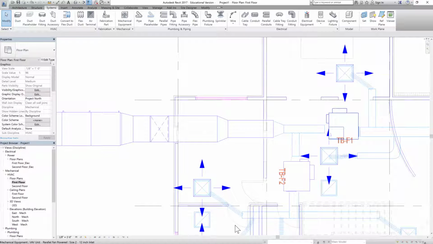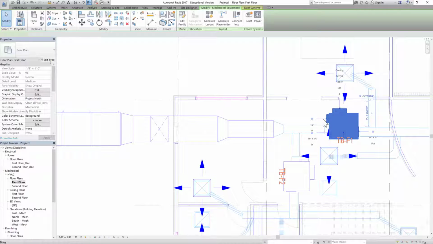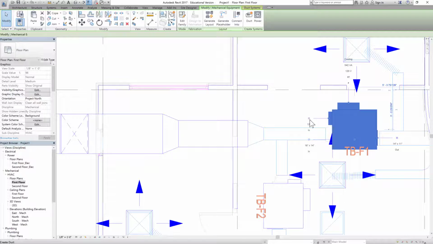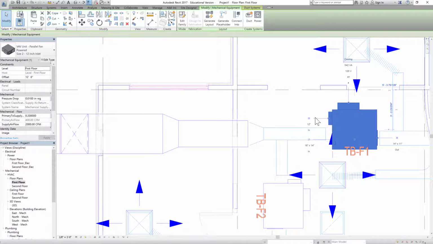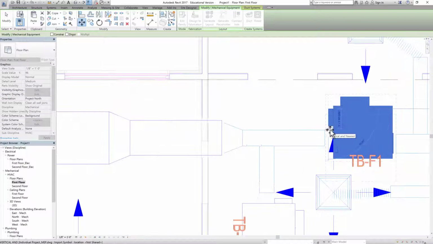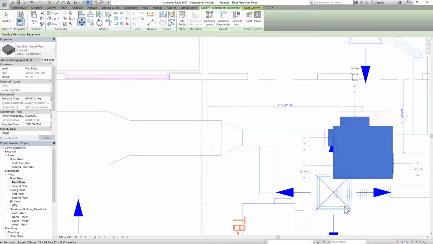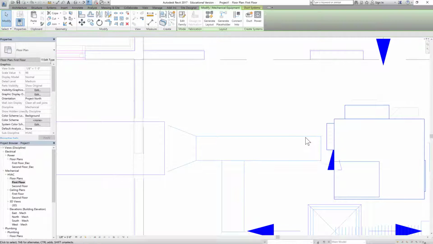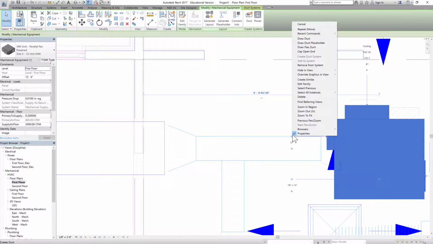Now let's align this, because as you see, the inlet for supply air is right here and it's not aligned with this duct. So it has to be somewhere here. Let's move this duct from here to align with here. Because it will be right over here, let's bring it back a little bit. Okay, now draw a duct from here